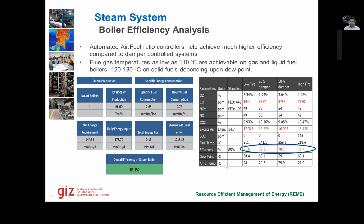I recommended that the factory do an optimization, install a VFD, install an oxygen sensor on the exhaust, and with that oxygen sensor and temperature monitoring of exhaust, loop back to the VFD, remove the dampers inside the ID or FD fan, and optimize the